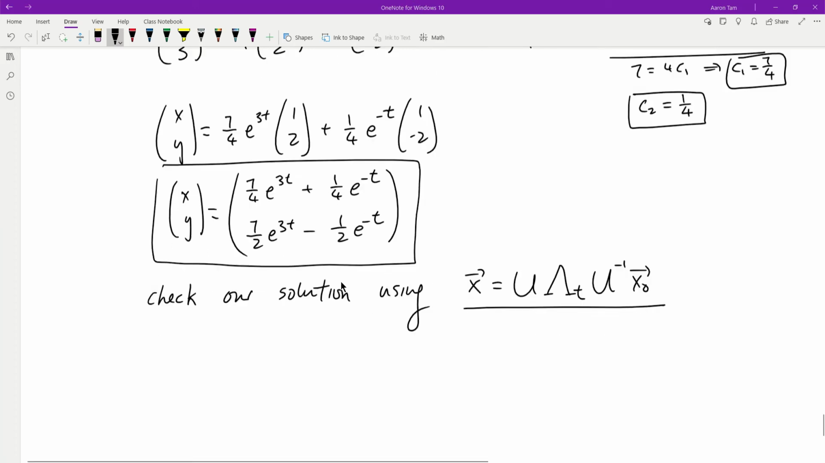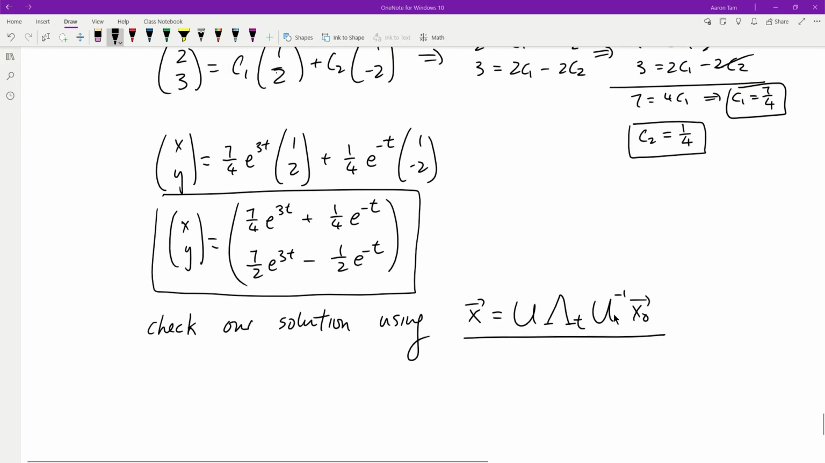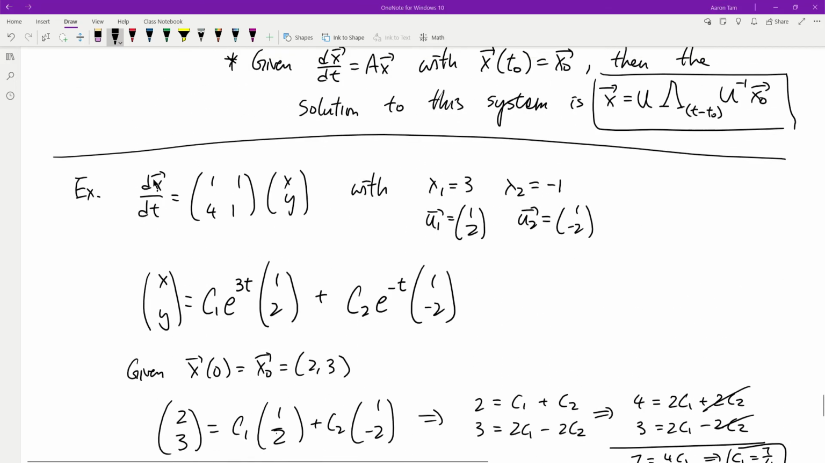Hello everyone. So today we're going to continue on our last example from 13.1. If I remember correctly, at the end of last video, we are trying to test out this formula right here on the screen. So we pick an example that we have done before, which is this one, dx over